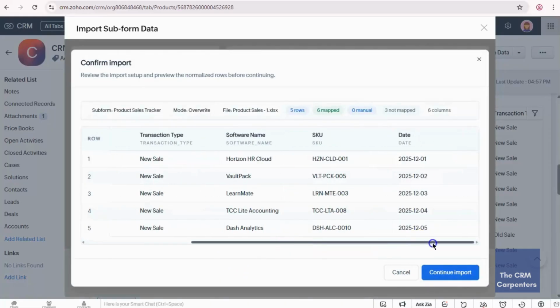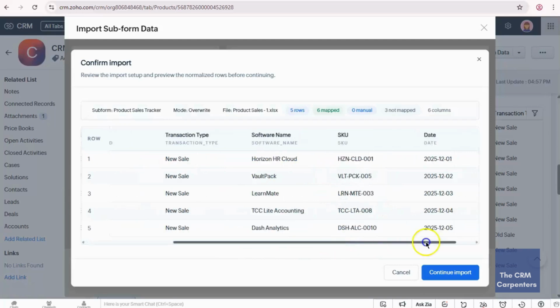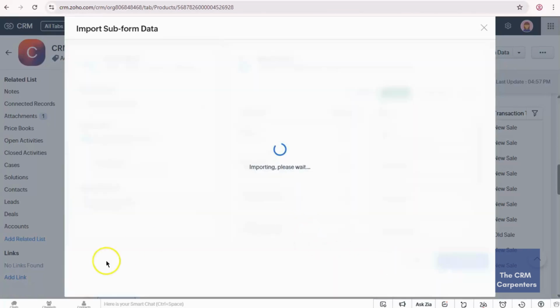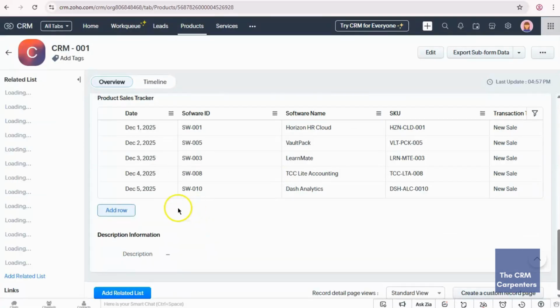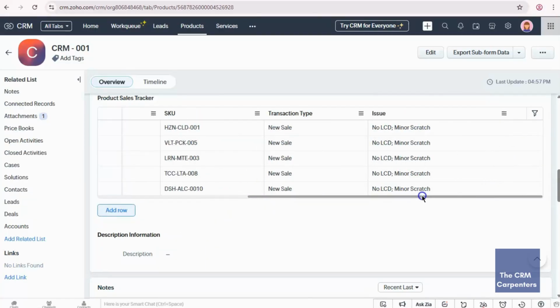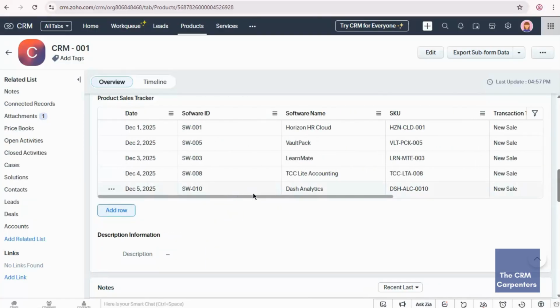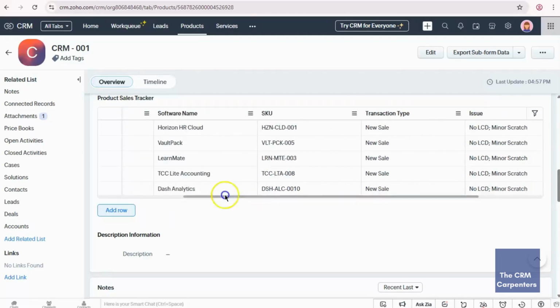Here it previews the data we are about to import so we can finalize it, and let's continue to import and refresh now. And there you have it, in an instant it erases all the existing data and overwrites it with a new set of column data and row data.